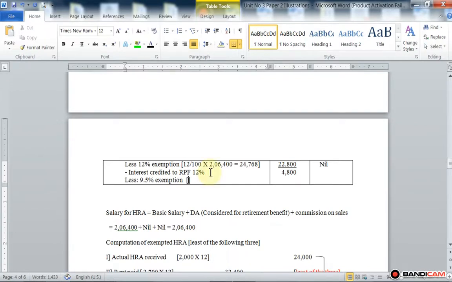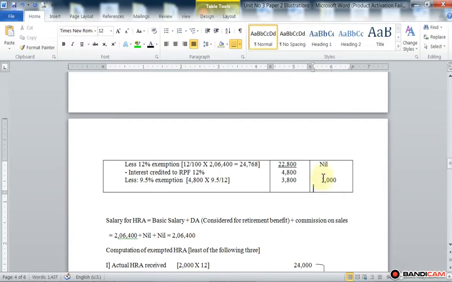So 9.5%, that is 4,800 multiplied by 9.5 divided by 12. Here total interest is at 12, so divided by 12, not 100. So here 3,800 is exempt and 1,000 is taxable. Then next,